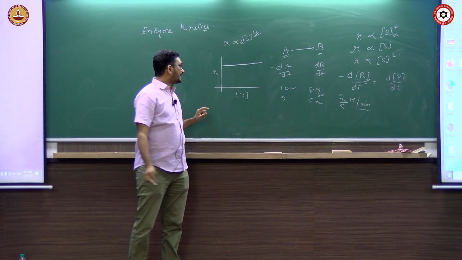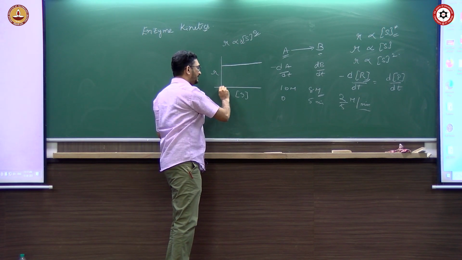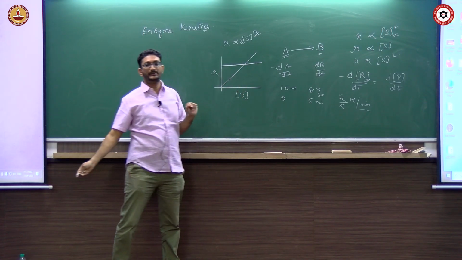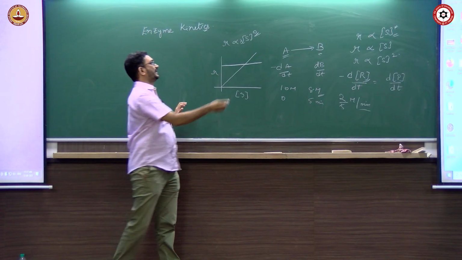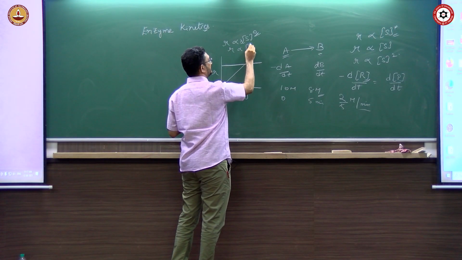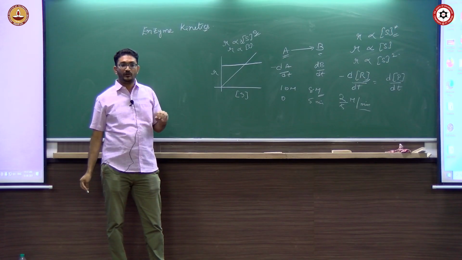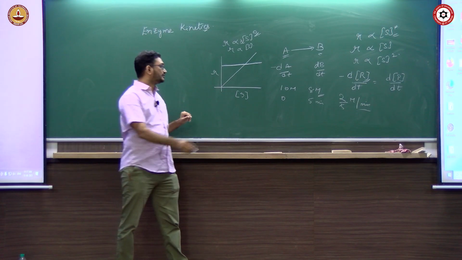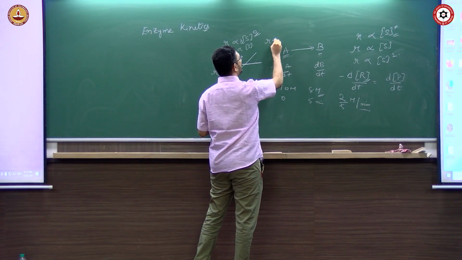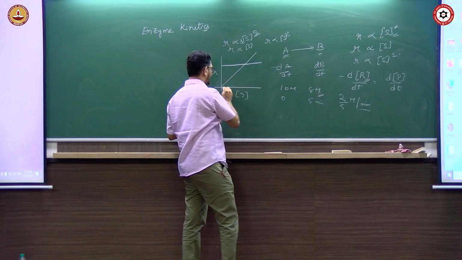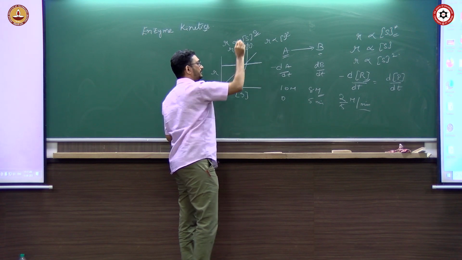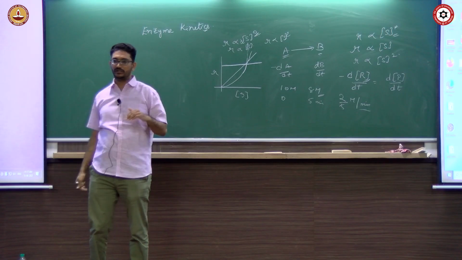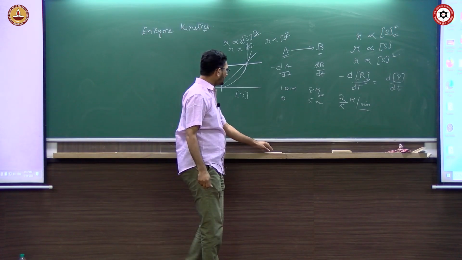Now if the rate of the reaction is increasing with the substrate concentration linearly, what will be the order of the reaction? First order reaction. R is proportional to S, the substrate. Now you can have a second order reaction. What will be R proportional to? It will be R proportional to S squared. So it will increase as a square of the function, right? It will increase very quickly. So you can have the rate of the reaction.